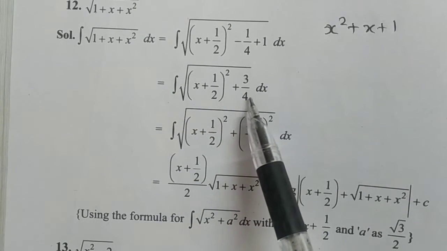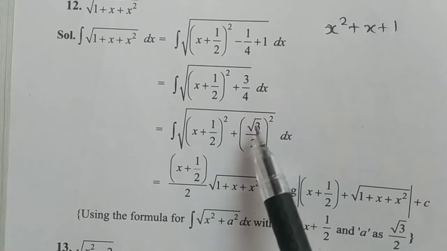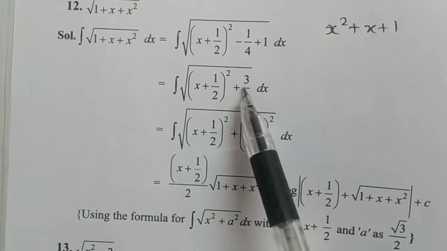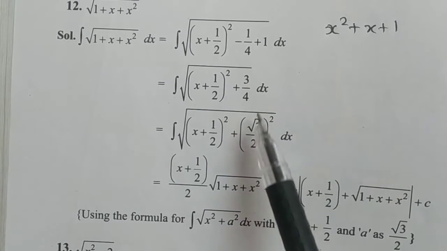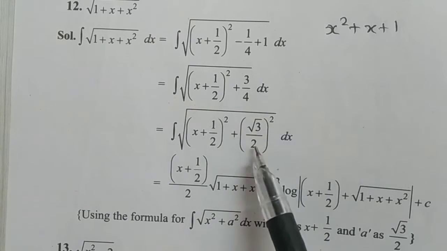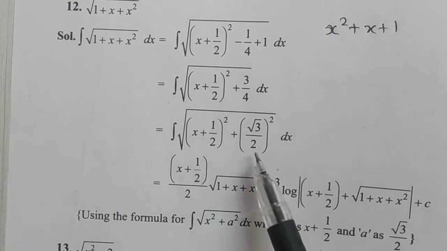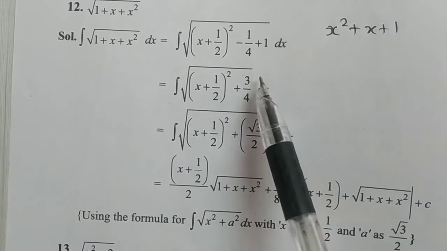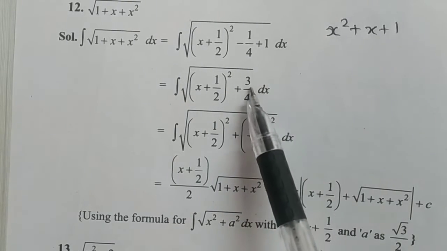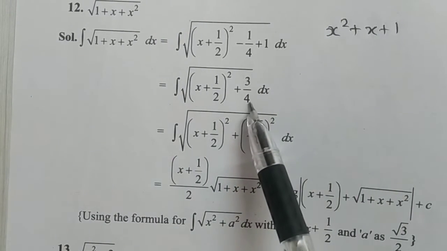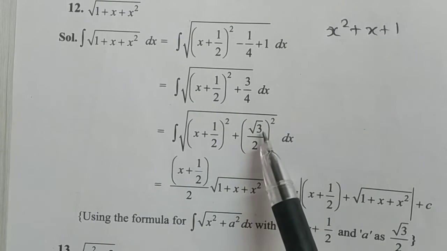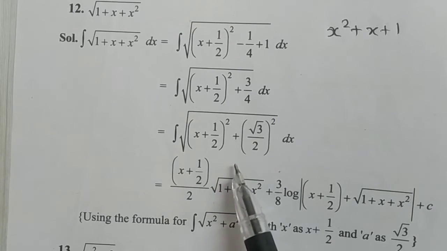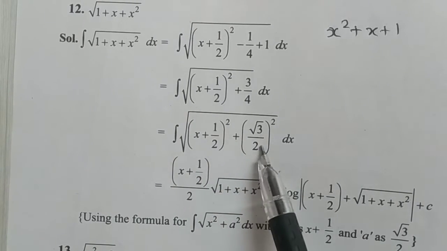So converted, it is in the form of a square. Square root of 3 by 4 the whole square. Square root of 4 is 2. So find out the square form: 3 by 4 is given, so square root of, the whole square. So root 3. Next, the square root of 4 is 2. So root 3 by 2 the whole square. So it is in the form of x square plus a square.